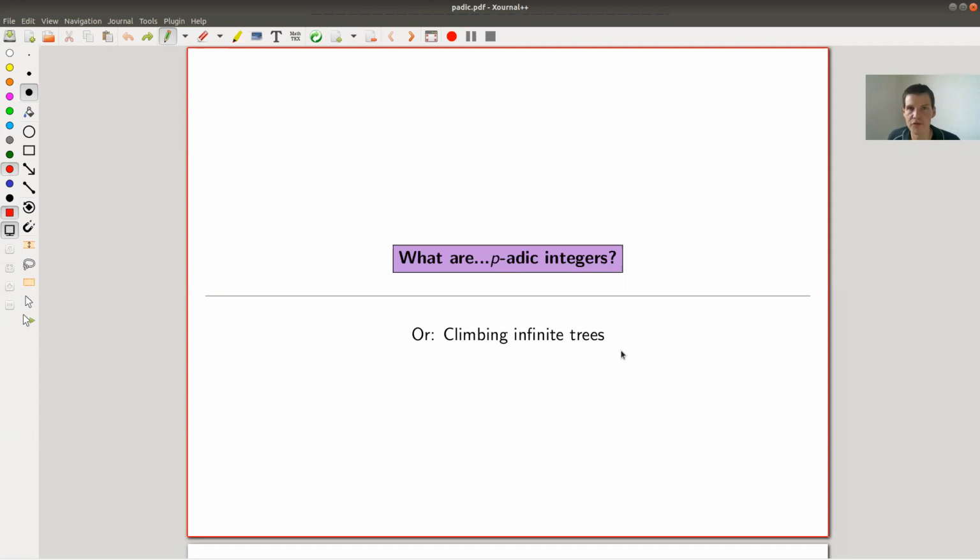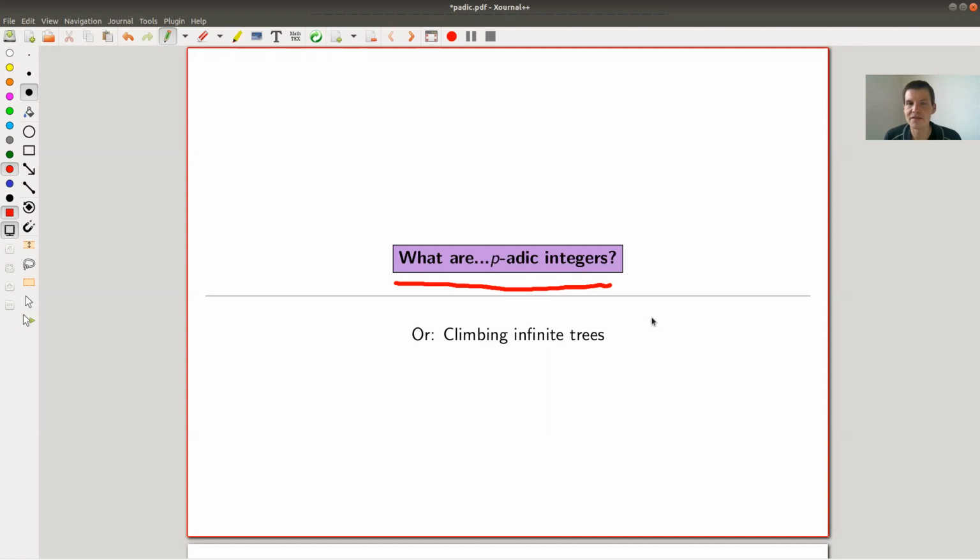Okay, welcome everyone to my continuation of what are my favorite theorems, my very biased point of view, of course. So take everything with a grain of salt. Well, today's theorem, I will be very sketchy about the theorem itself because the theorem is based on a very classical construction, which are the p-adic integers or the p-adic numbers. I wasn't quite sure whether I should call this video p-adic integers or p-adic numbers. They're kind of the same, like the integers and the rational numbers. We'll see. Anyway, I will be a bit sketchy when it comes to the theorem itself, but it's kind of